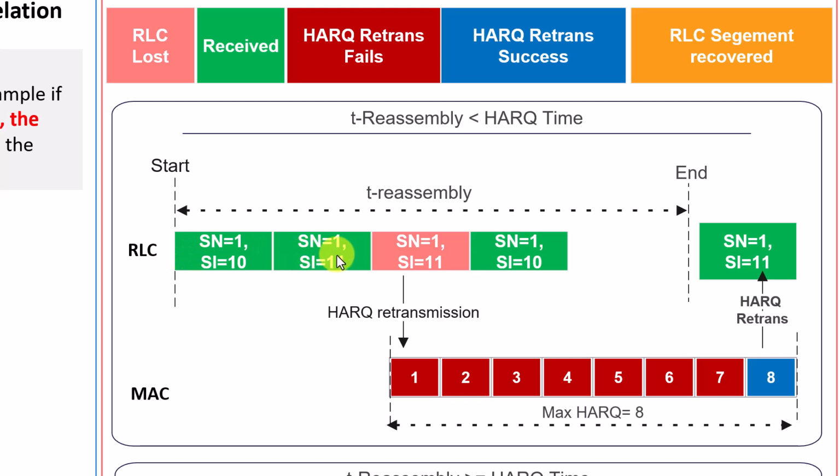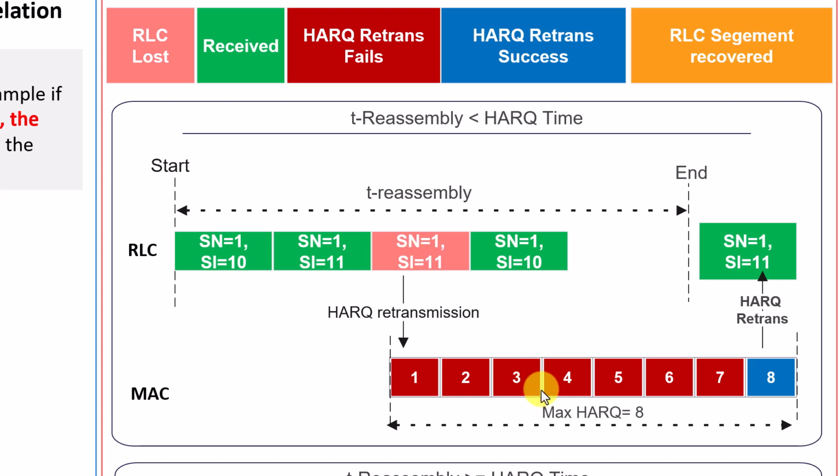the receiver received sequence 10, 11. Then directly he received 10, and he was expecting to receive still one packet in between here, but he didn't receive it. He received the last one here. He found that the bytes are not following the sequence. So what will happen during that time? The HARQ will try. This packet might be lost in the air interface. So there will be a HARQ retransmission.